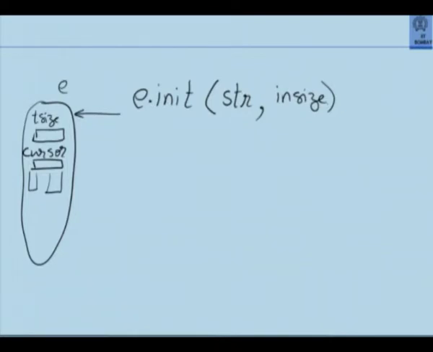The editor class initialization will consist of me supplying it with a string. I am calling it a string. Actually, I could call it text. So in fact, it is better to call it text, which would of course be an array of some kind, large array, 10,000 elements, and the size of the text. Initialization is done. The next one I want is the ability to move the cursor.